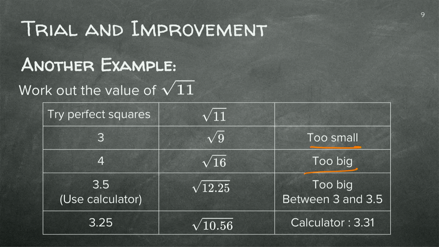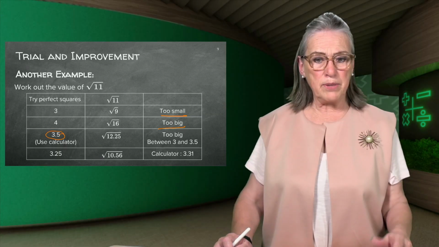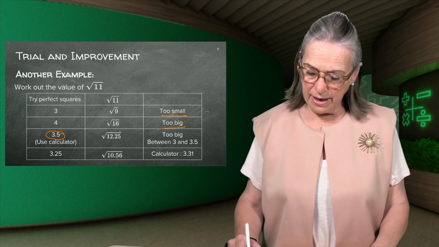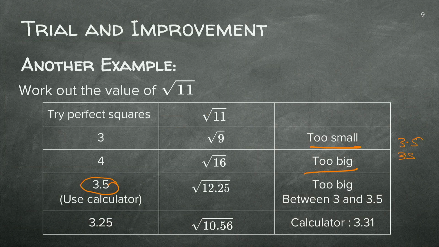So now the first thing you can do is to go midway, 3.5. You can use a calculator and work it out, but we're not using calculators. We're going to work it out. So 3.5 times 3.5 will give us 12.25. And we decide, well, this is still a little bit too big. So now we estimate that the answer will rather be between 3 and 3.5. So we're going to say, let's go midway,